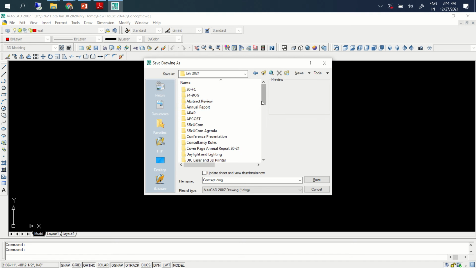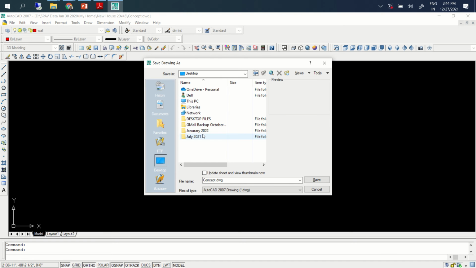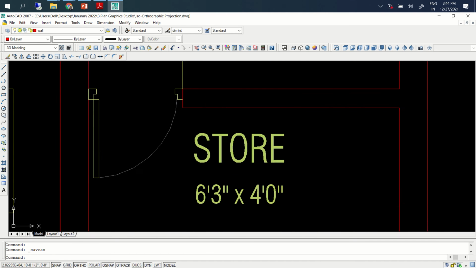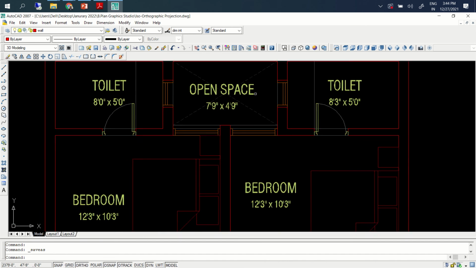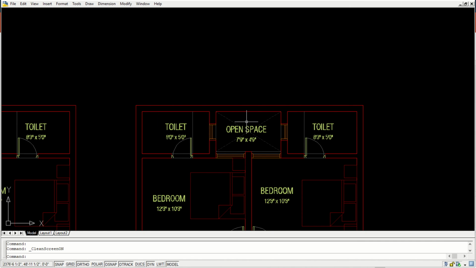Is the contrast fine for you? You are able to see the drawings, or we need to change it? Is this contrast fine for you, or shall I change the background to white?